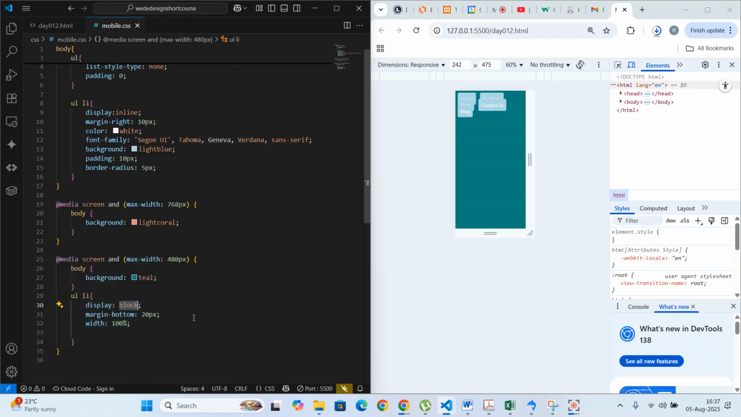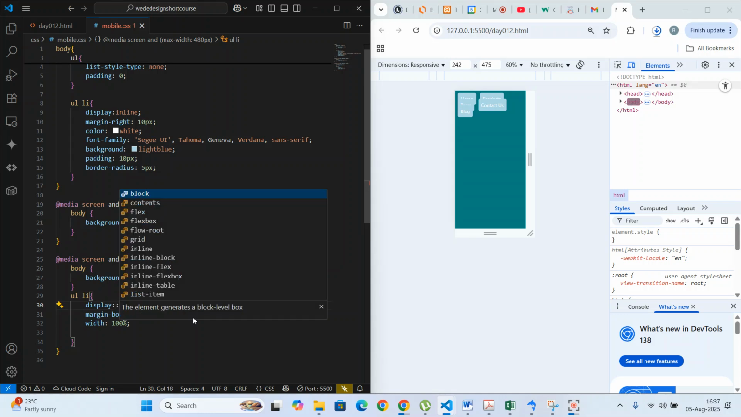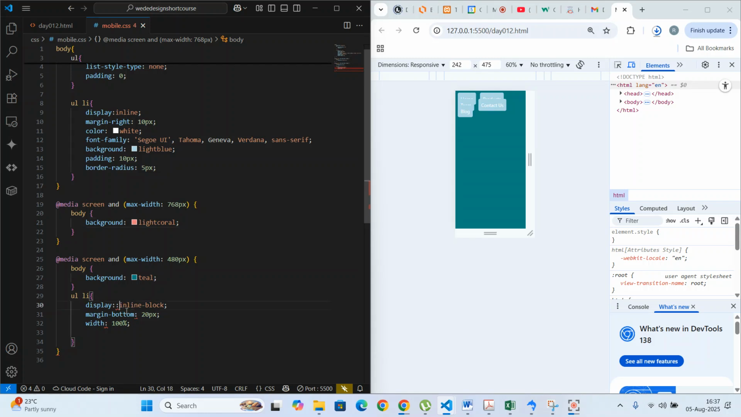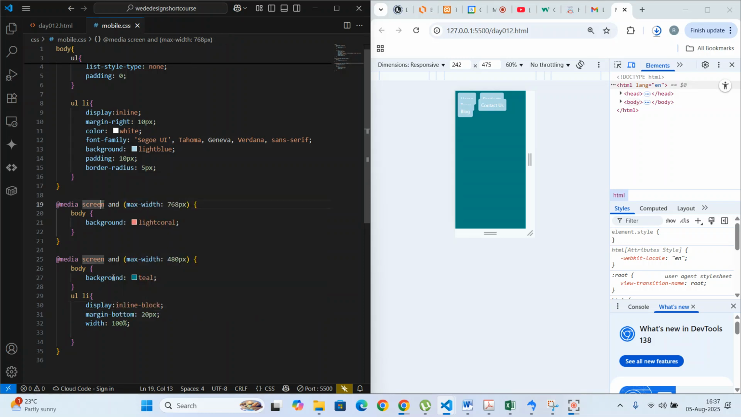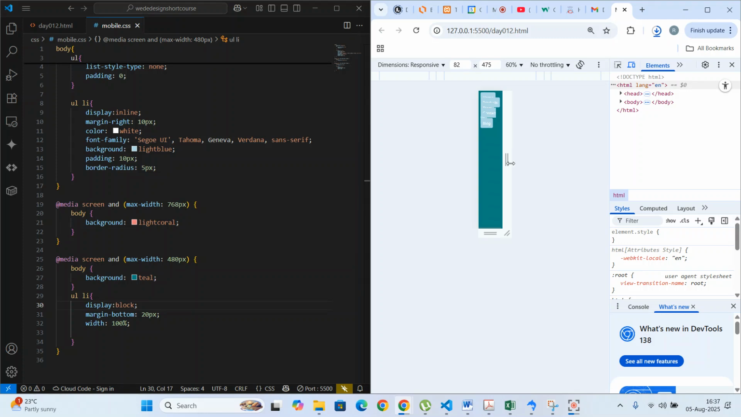Display. Actually, block should have worked because block should have displayed it as a block. So it means that it could have put one on top of the other. But you get the idea, right? Of course, you're going to use flex, but you get the idea. Oh, it is looking at a very, very small screen. 480 is very, very small. So I'll simply say the width